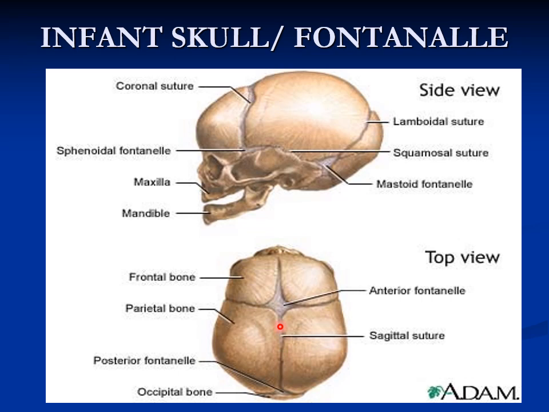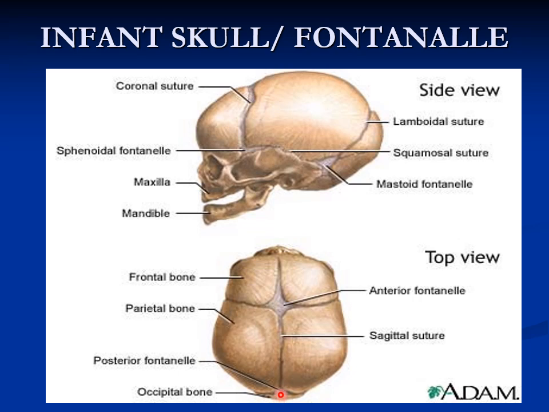So here the sagittal suture, which is between the parietal bones, and the coronal suture, that is between the frontal and parietal bone here. At the union point of this coronal and sagittal suture, you can see this wide gap seen anteriorly. This is called the anterior fontanelle, and this is the area of bregma. So at this bregma, which is the union of the coronal and sagittal suture in the midline, in the infant skull you see the anterior fontanelle, which is a wide gap filled up with fibrous or membranous tissue.